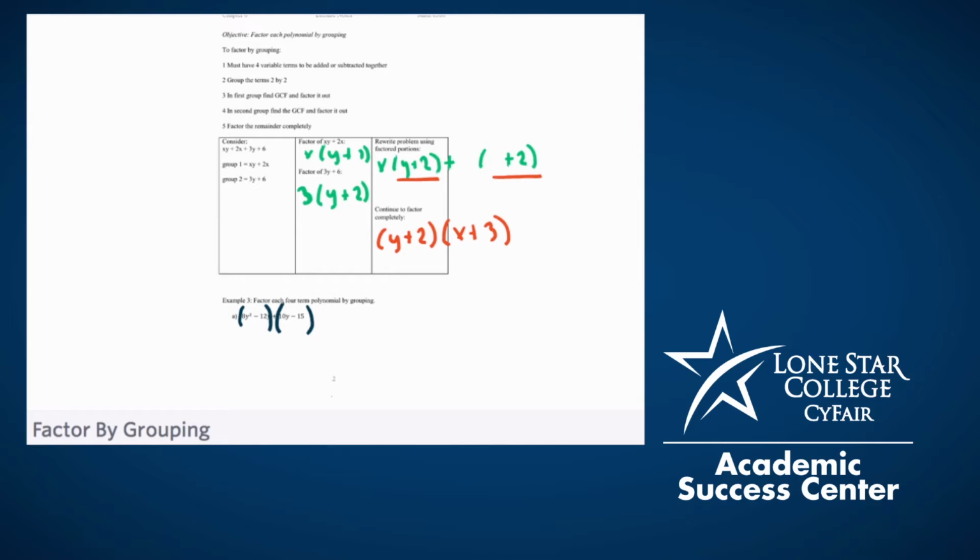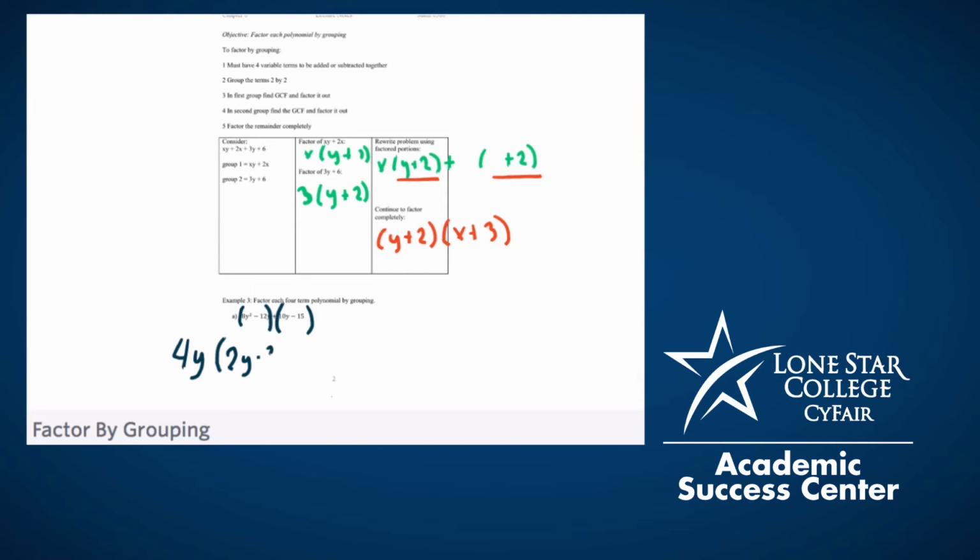minus 15. Now from the first group, we have to consider the coefficients and the variables to find the greatest common factor. Of the coefficients, 8 and 12, our greatest common factor is 4. Of the variable terms, remember that you're supposed to take the like base variable with the smallest exponent, that would be y. So our greatest common factor for this set is 4y. Once we factor that out, we're left with